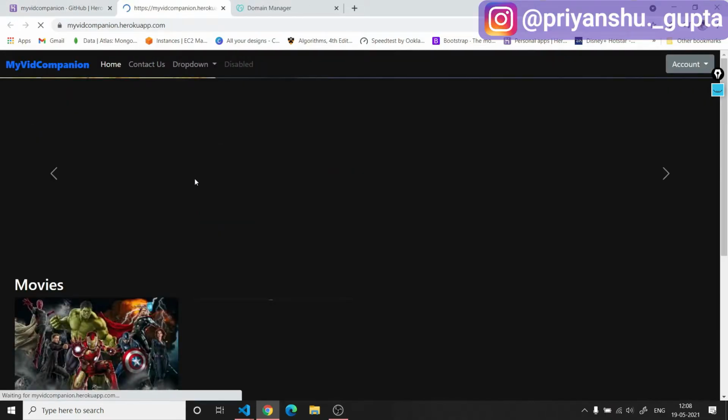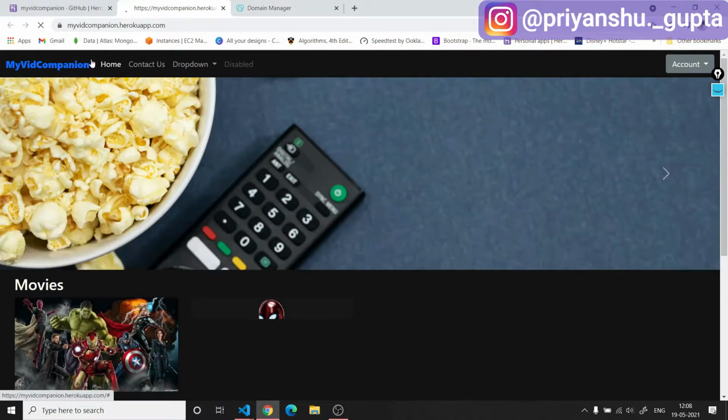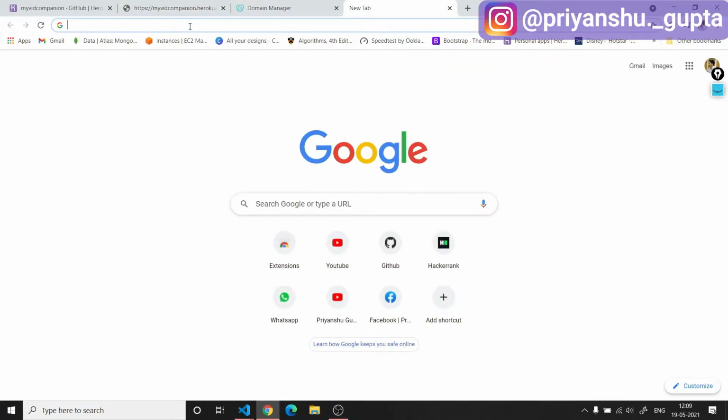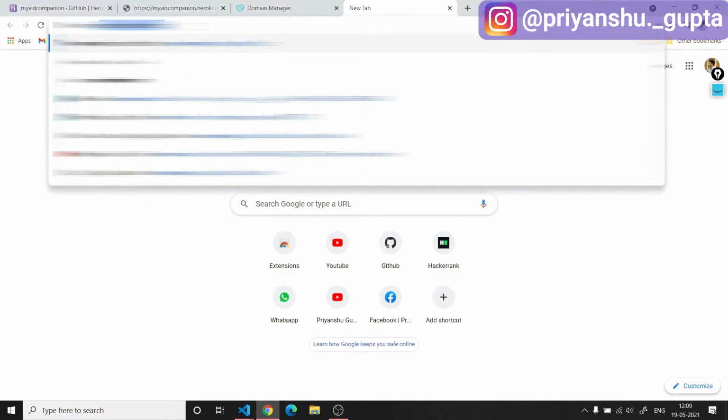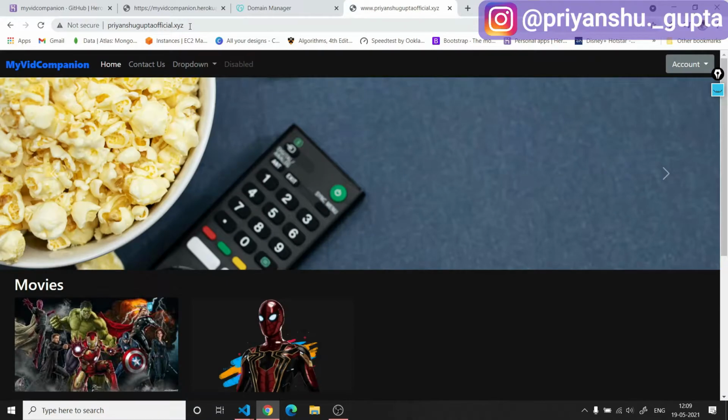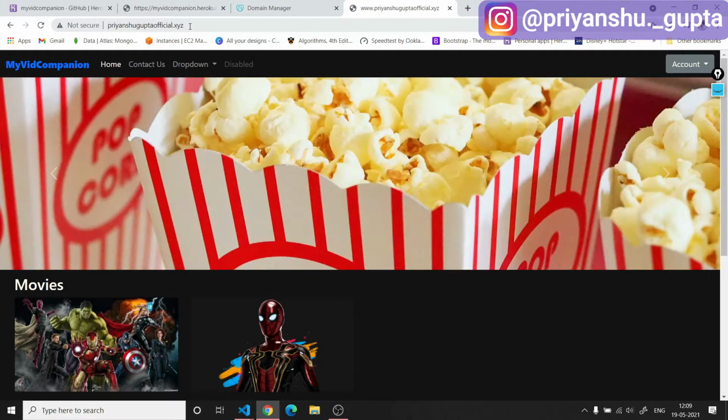If I click on view here, you can see that we can access our web application through this Heroku app domain that Heroku provides us by default. And now if I try to access this website using our custom domain, we were able to access our website through this custom domain.